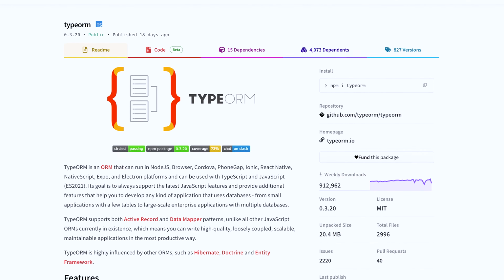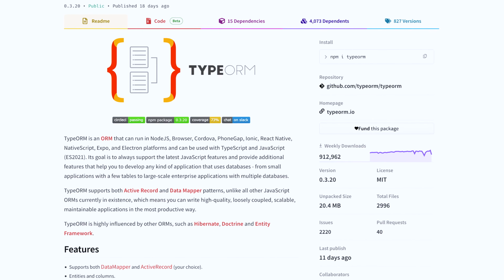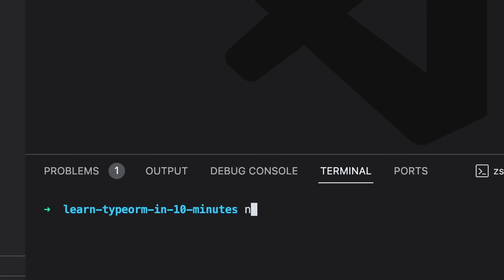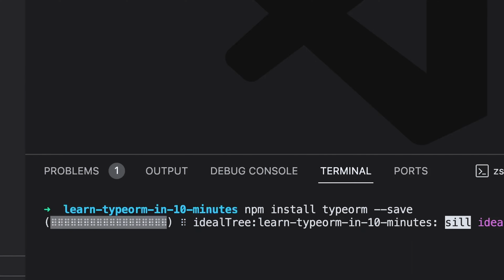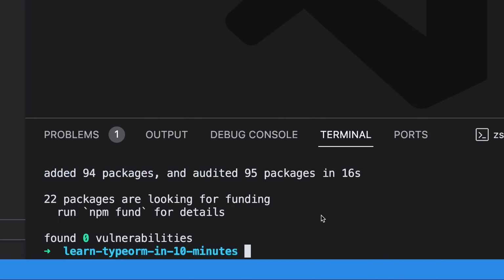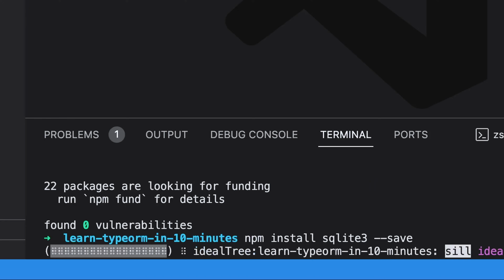The first thing we need to do is get TypeORM installed in your project. TypeORM is basically just an npm package, so you're obviously going to need to have both Node and npm installed to use it. If you've got those prerequisites, it's simply a case of installing TypeORM into your current project. You also need to install a database driver for TypeORM to use. This is just a case of choosing the database that you're going to be using with TypeORM and then installing the relevant npm package. We're going to be using SQLite for this tutorial, but other options include Postgres, MySQL, and